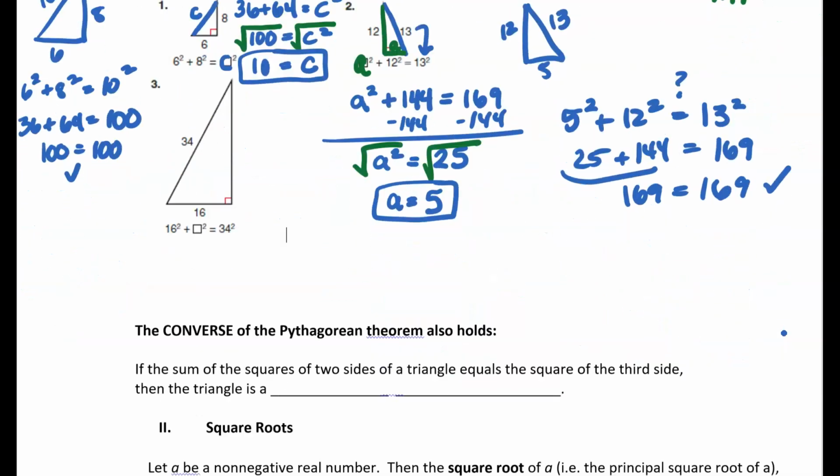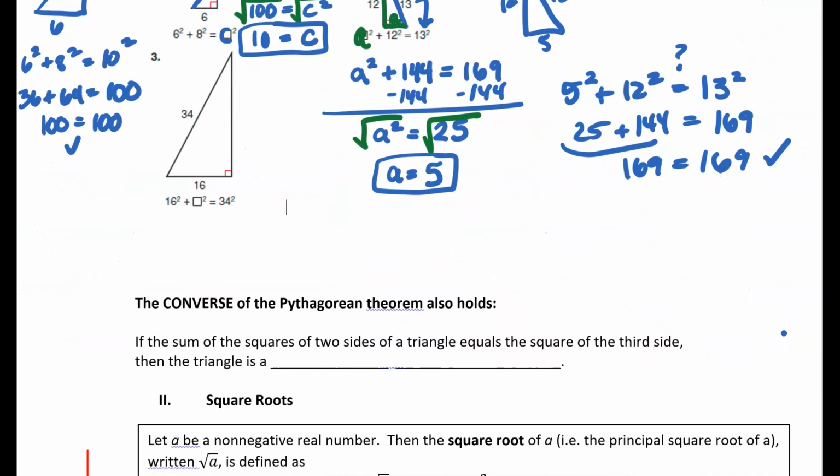So then the last one, let's identify where the hypotenuse is. Ask yourself, what side is the longest side? It's the opposite from the right angle. So the longest side is going to be 34. That's our C. So notice that's by itself down in the equation. And then we've got 16 squared plus, we'll call this B, B squared equals 34 squared. So 16 squared is 256 plus B squared equals 34 squared is